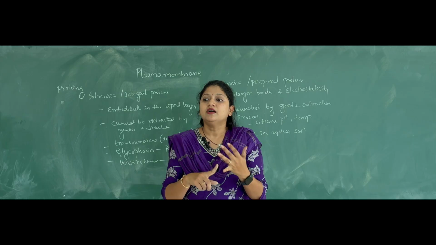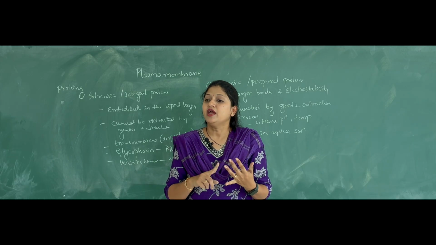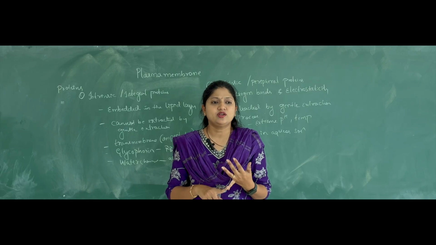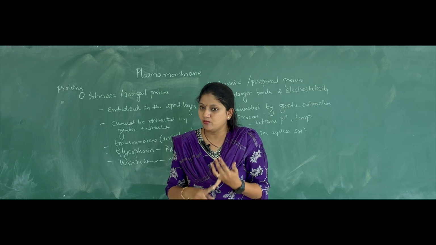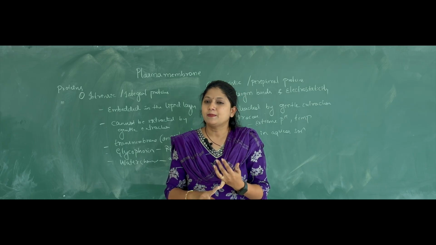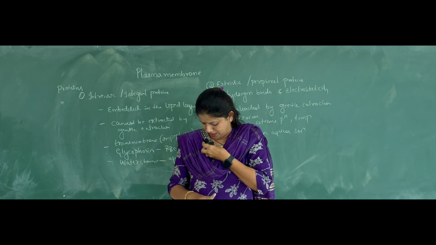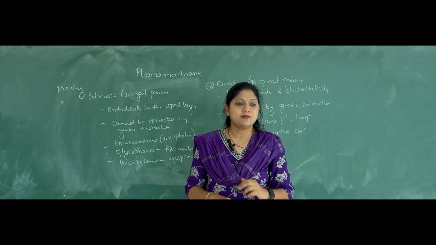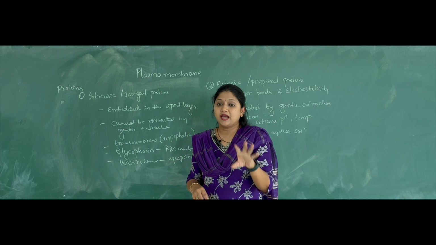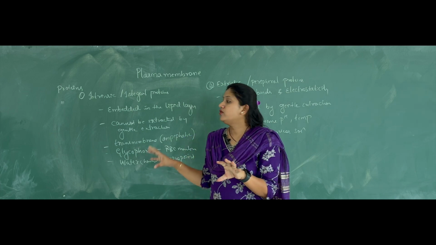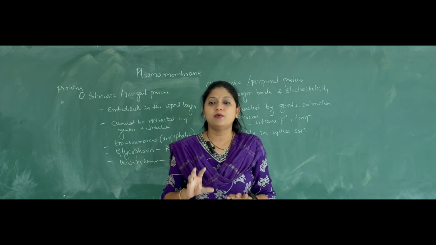Second one is endocytosis and exocytosis. Okay, endocytosis and exocytosis are completely dependent on the plasma membrane. Both processes are dependent on the plasma membrane. And then movement of water is one of the important tasks of the plasma membrane, which is carried out through the water channels, which are called aquaporins.